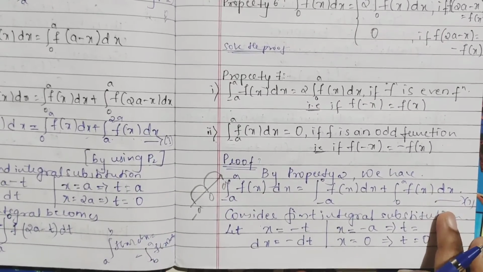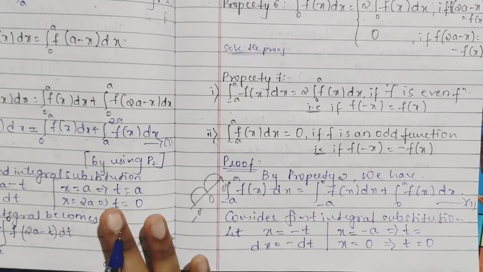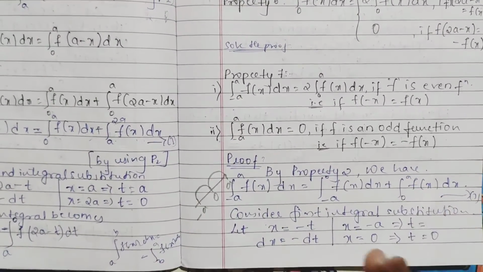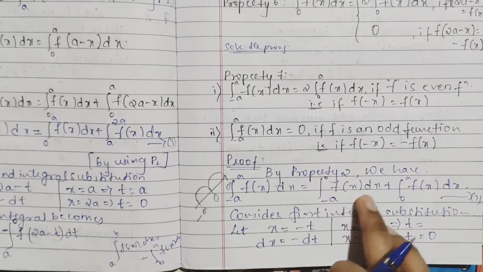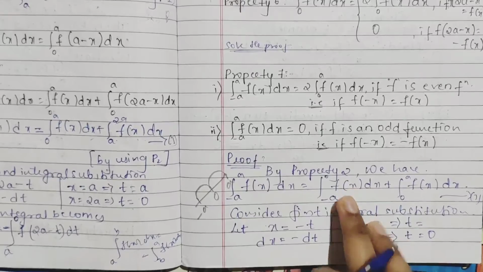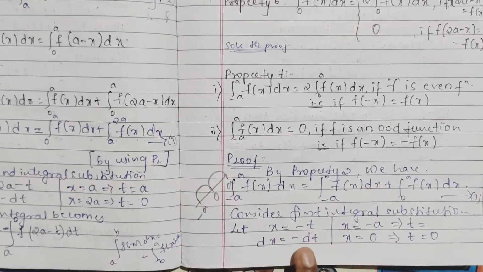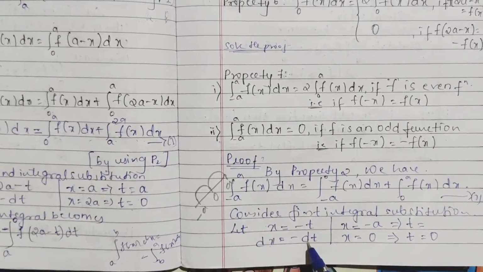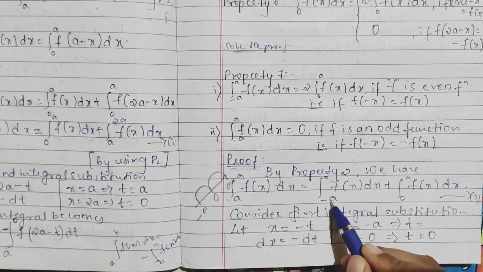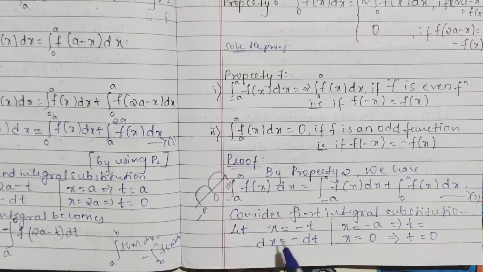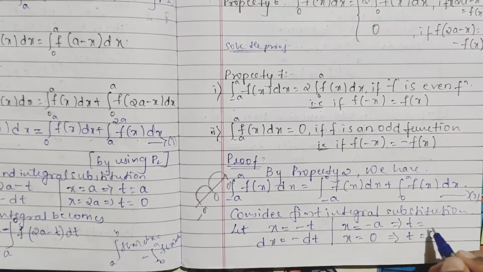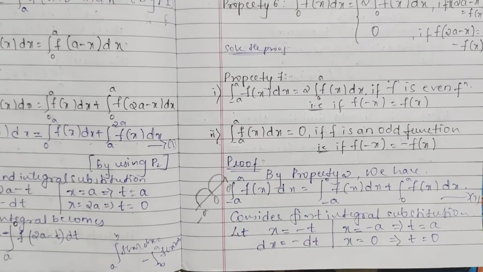So we have broken it. Now same as we had taken in property 5, where we had taken the second integral particularly and done substitution for that, in this also we will consider our first integral and do this substitution. What we will do, x we will take as minus t, dx is minus dt. So when you are substituting, your limits also change. So from where it is minus a to 0, when x is equal to minus a, t will be what? X is minus a, t will be a, right?